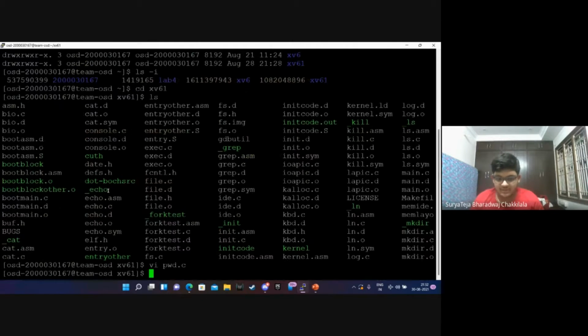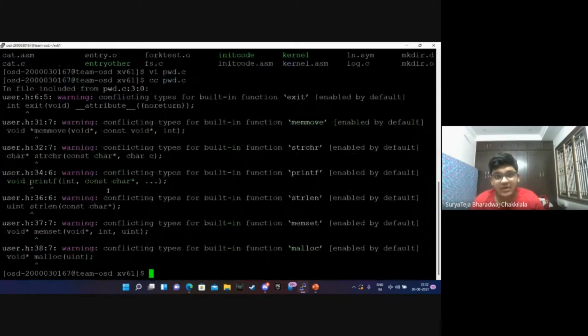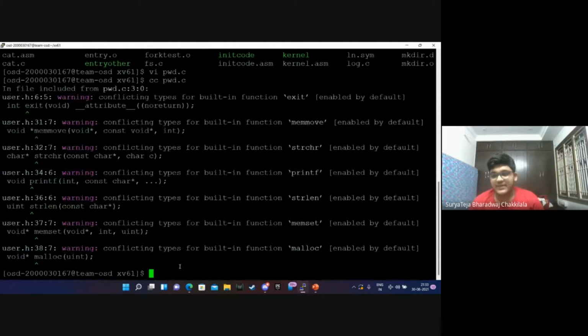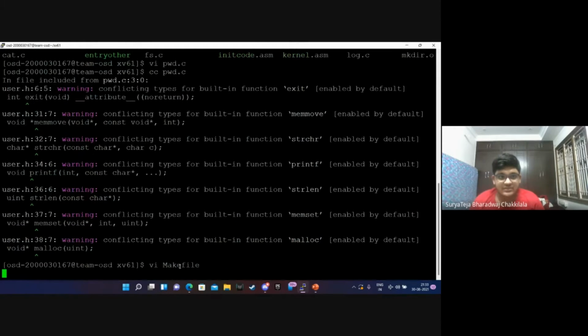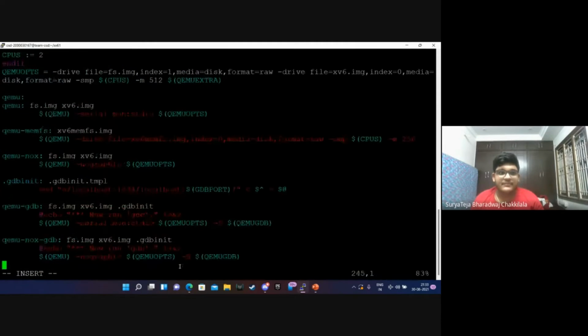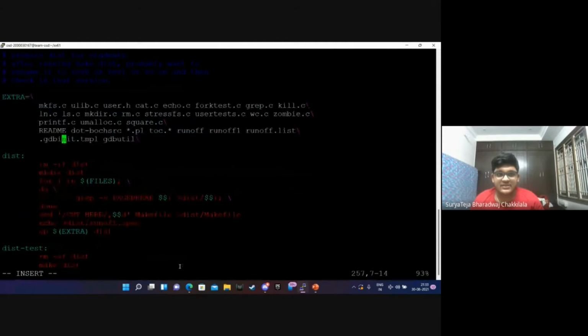So I'll just try to compile it. cc pwd.c, which will say all are warnings, so not much error. So I'll be modifying the makefile as we know, vi makefile. So I'll be adding pwd backslash extras pwd.c.